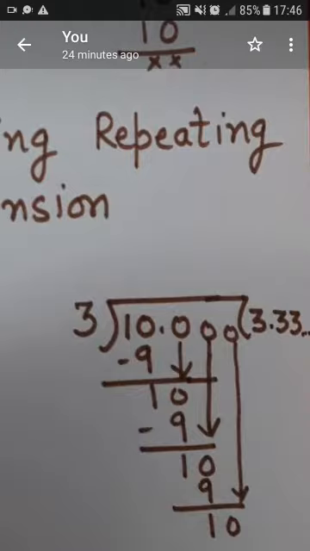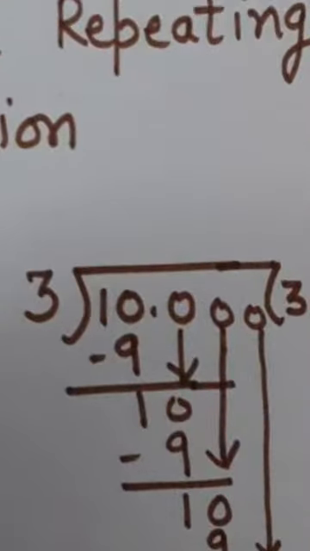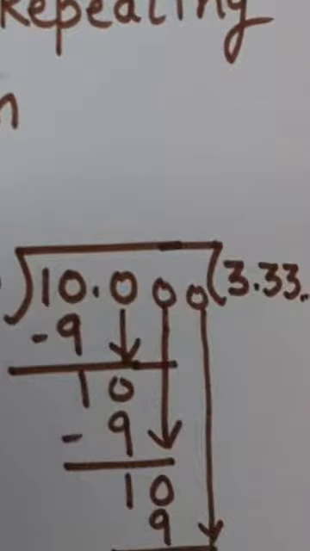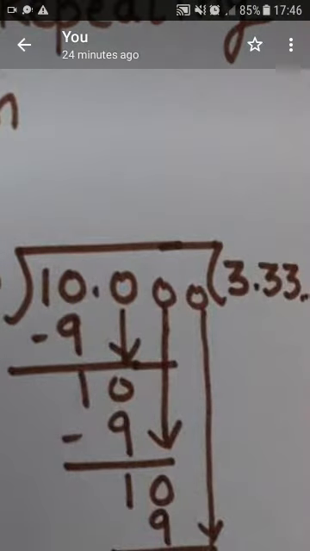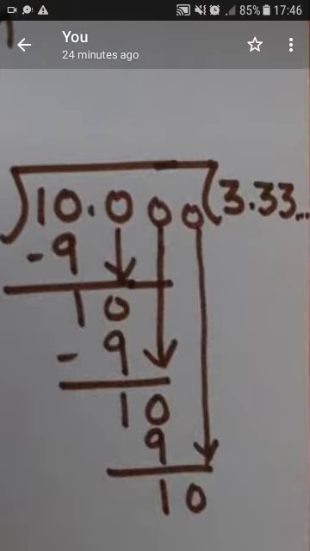Now what we have done is we have placed a decimal here. It means we have to put the decimal in the quotient also. Then we have taken 0. This 0 is coming here. It becomes 10. Now again 3 3s are 9. We have subtracted 9 from 10. Again we are getting remainder as 1.